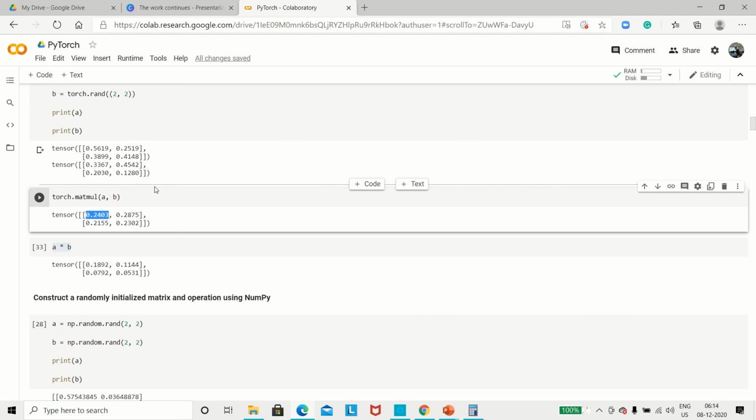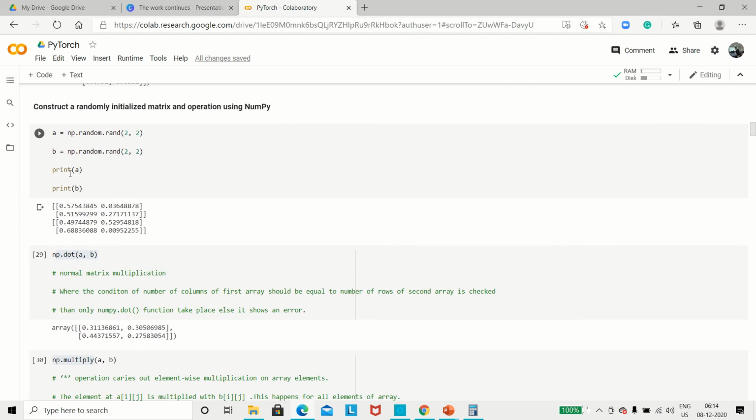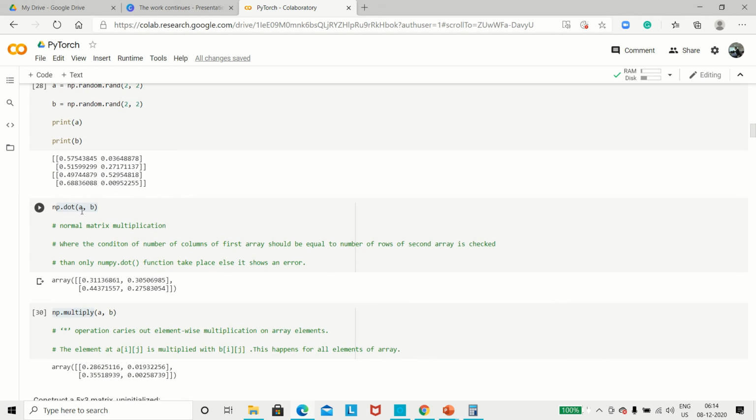In normal matrix multiplication, the first row would be multiplied with the first column of the second matrix, and the sum would be treated as the resultant. So in case of torch, you have to use matmul or the star command to do these calculations. In case of numpy, it is np.dot or np.multiply.